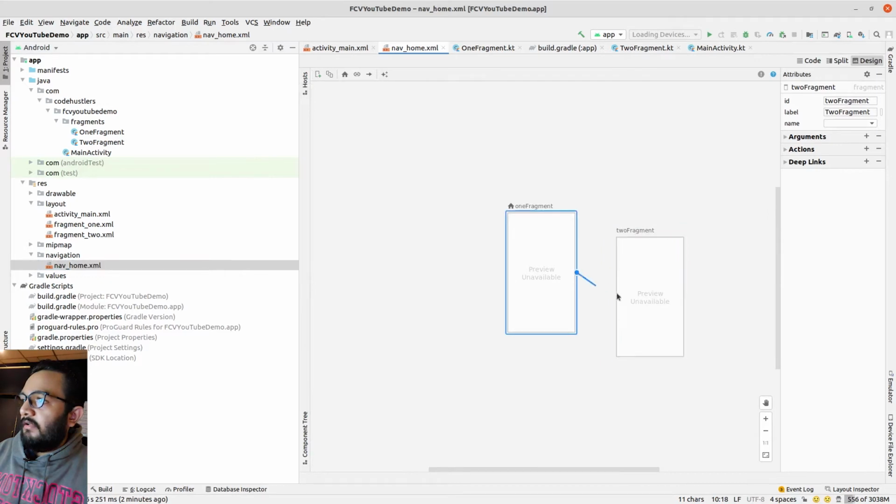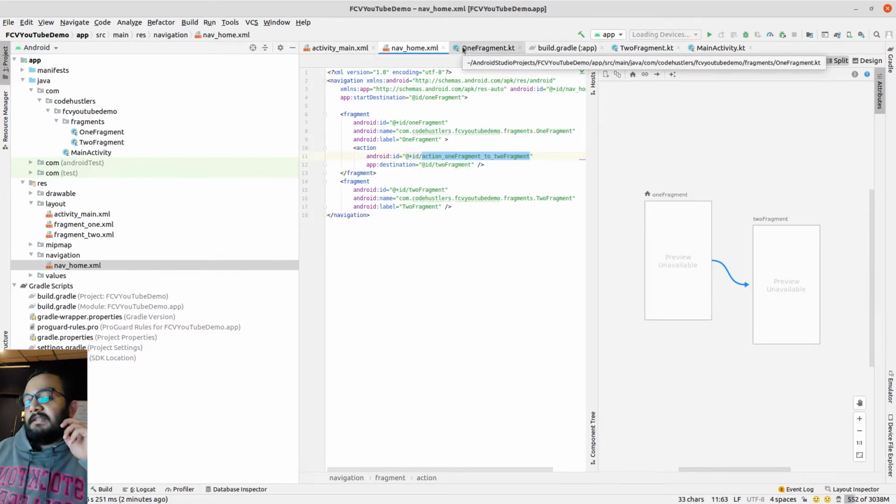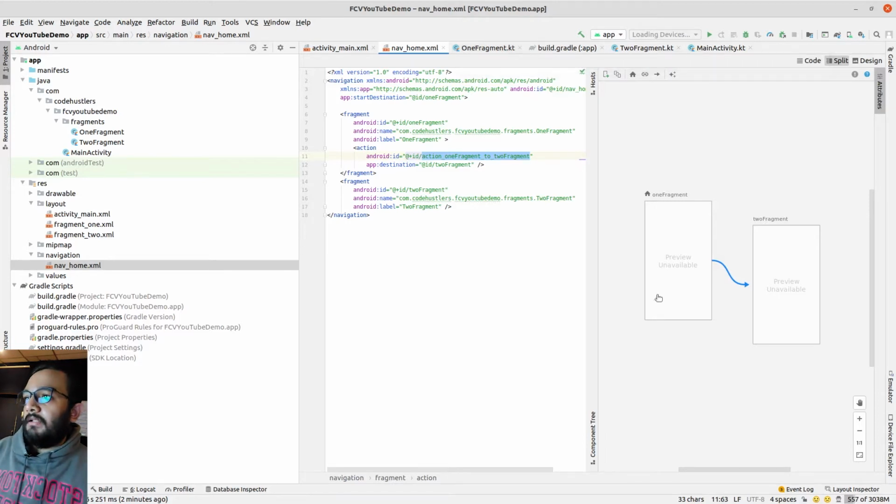Now I will put in a navigation, and as you can see in here, there is a navigation ID. In order to navigate, as I said, if you switch from frame layout to fragment container view, you do not have to write that transaction code. You just have to give this kind of a UI path. You just have to drag and drop it in here, and it will create this ID by default. You can also create this action manually. You can write this and put whatever ID you want. Just copy this ID, and then when you want to navigate from one fragment to another fragment,